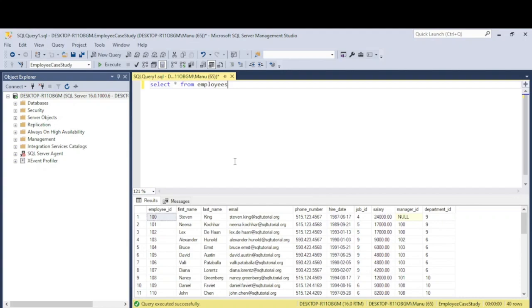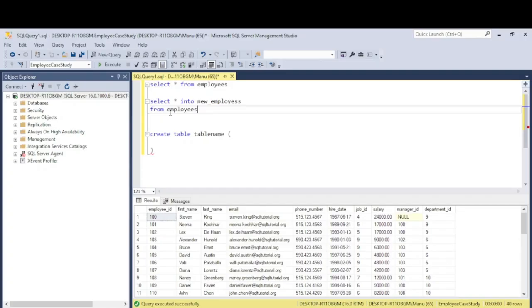In Oracle we have a simple structure. We do CREATE TABLE, give the table name, and use AS with a SELECT statement, and the table gets created. But in SQL Server it's a little tricky. We have to write SELECT * INTO, followed by the new target table name, and then FROM the table which we want to select from. This is the proper syntax in SQL Server.